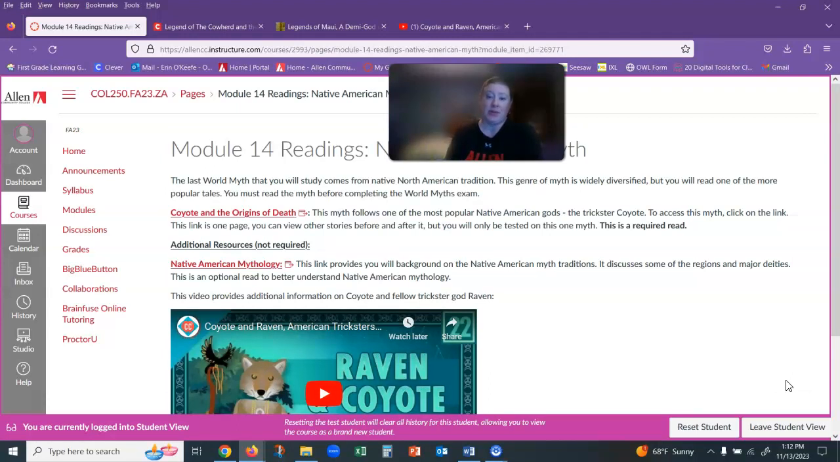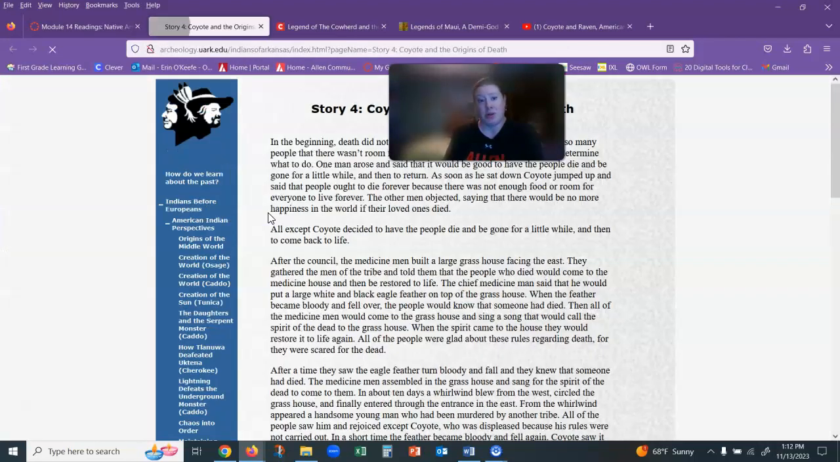And then your last myth that you're going to look at is from the Native American tradition, and that is called Coyote and the Origins of Death. The story of Coyote. Coyote is a very common character, even throughout multiple traditions. So Native American mythology is really hard to define just in general. There's so much to it because there's so many different tribes, and based on where they were geographically, they have